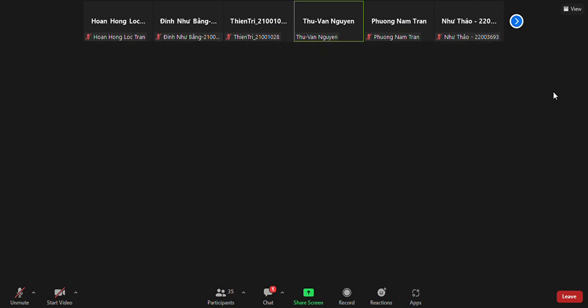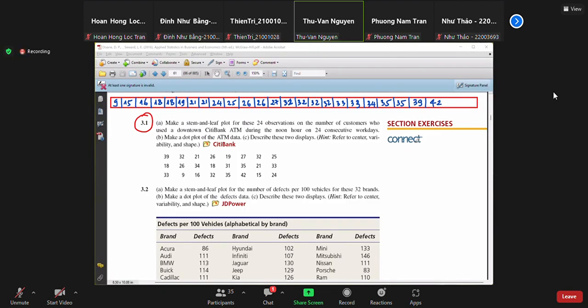Good. So we have already the sorted data values. And now, let's make a stem and leaf plot. So remember we need to sketch a table of 3